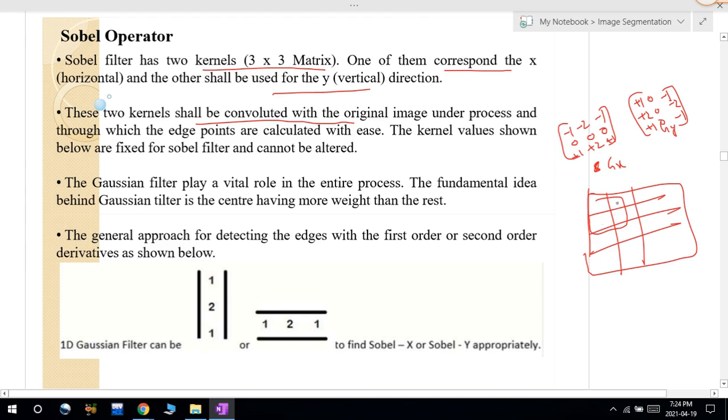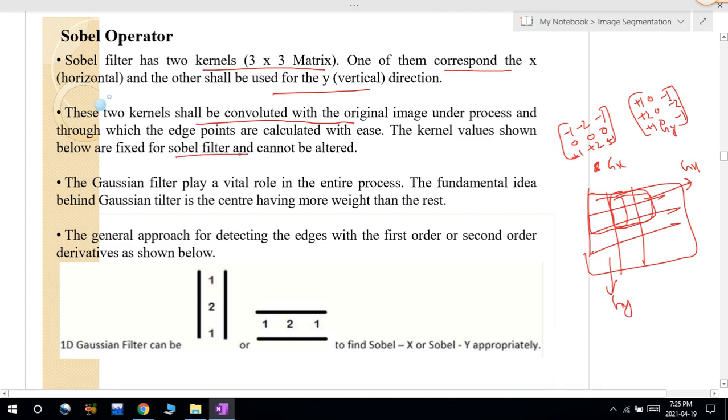points in that particular, and again I will try to convolve with the second, after second row, second I will just skip, I will go to the next row, then next column, or I can say next column, and I will try to convolve with this operator. I will try to find out in both gx, that is x direction, and I will try to convolve in gy direction. After convolving I will try to find out the edges. So this is the process involved in the Sobel operator.